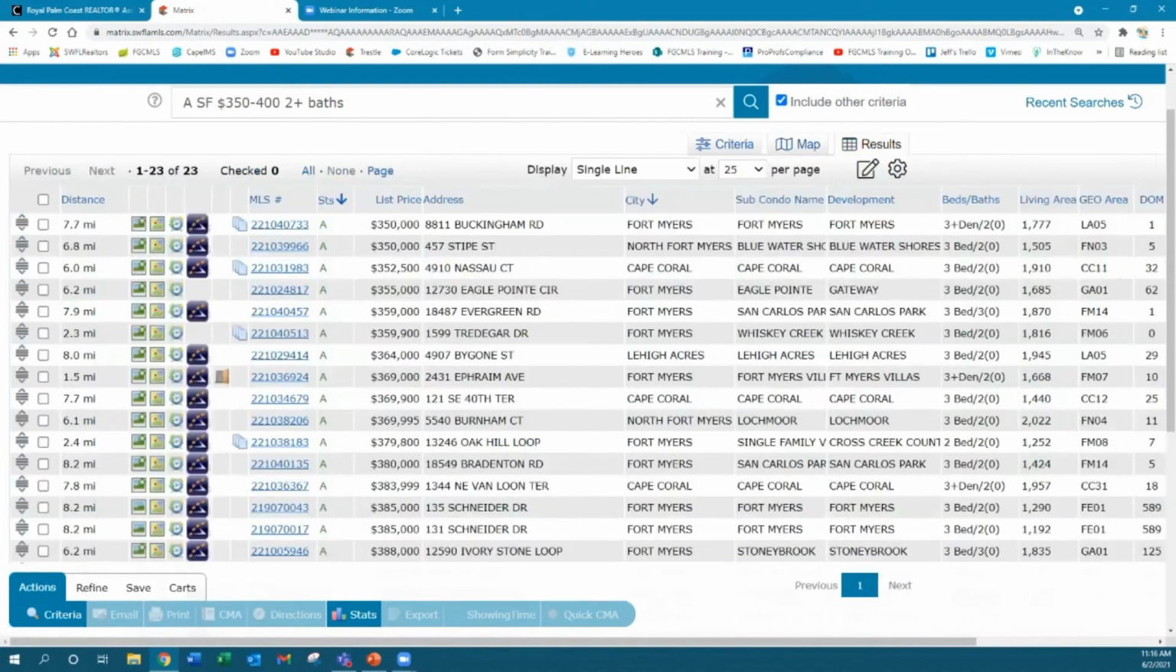So the neat thing about using that radius and putting in the customer's work address is the listings will come in and they'll show you in the first column distance. This is a column that you won't have if you don't use the radius. So the only reason this column exists is because we used the radius, and it's just showing us how far away these listings are from